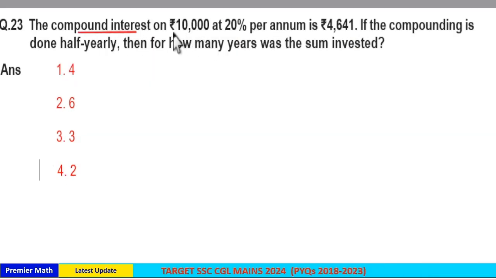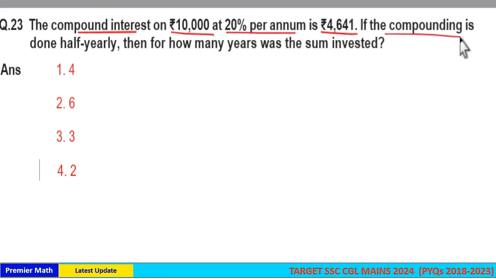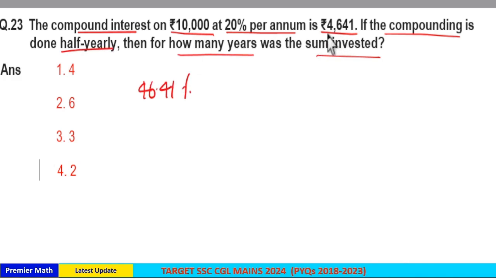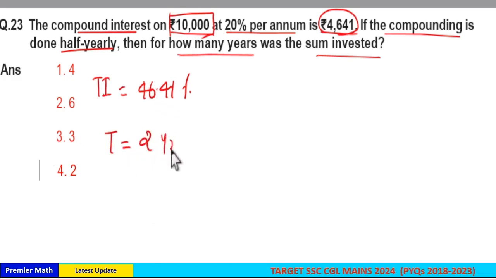The compound interest on rupees 10,000 at 20% per annum is rupees 4,641. If the compounding is done half yearly, then for how many years was the sum invested? Simply, 46.41% is the total interest generated upon this principal. 46.41% means here T should be 2 years, because in 1 year interest generated is 20%, and interest is compounded